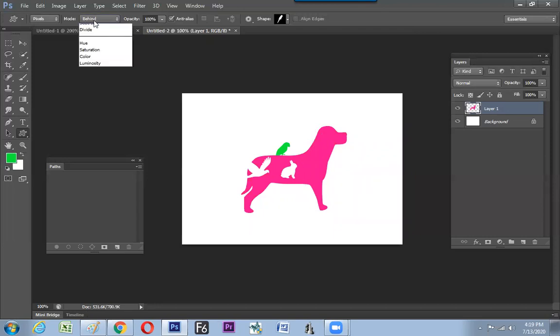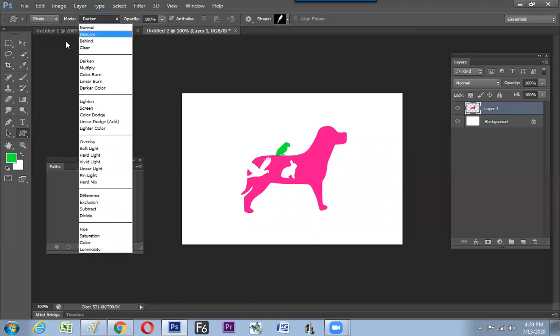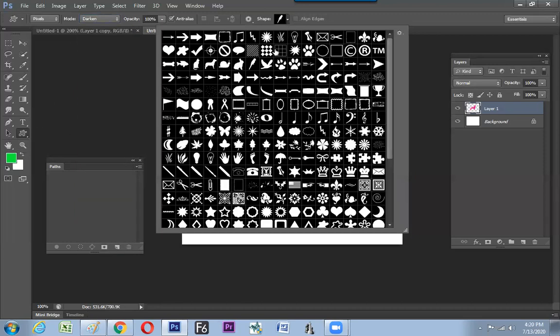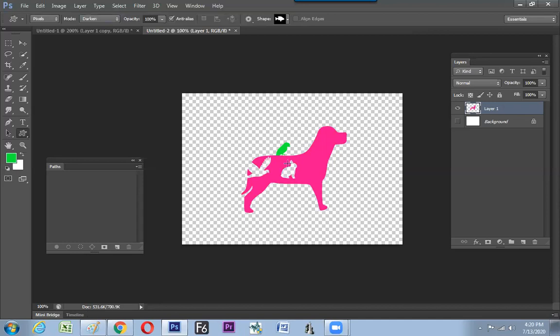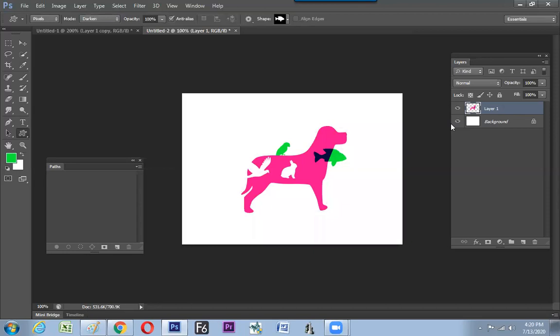And if you need the difference mode, you can make it dark. Same shape, fusing the shape and giving the details. Darken mode. Take the new shapes and fuse them now. Before, what happens? It was either clearing the things or painting behind. But now both the shapes will be drawn, but the color will be mixed up. Why? Because darken color mode started working. And it started putting the dark value on the screen and both the images are visible on the screen.